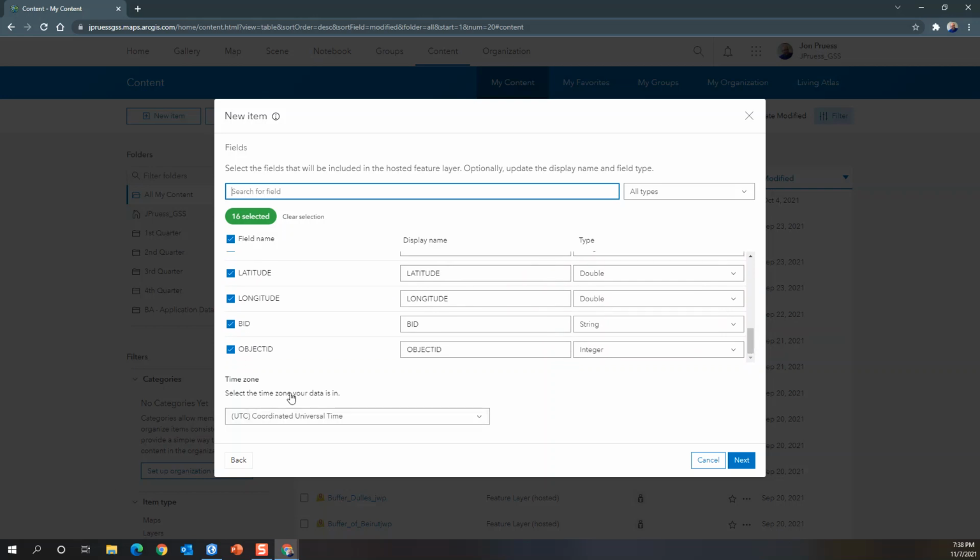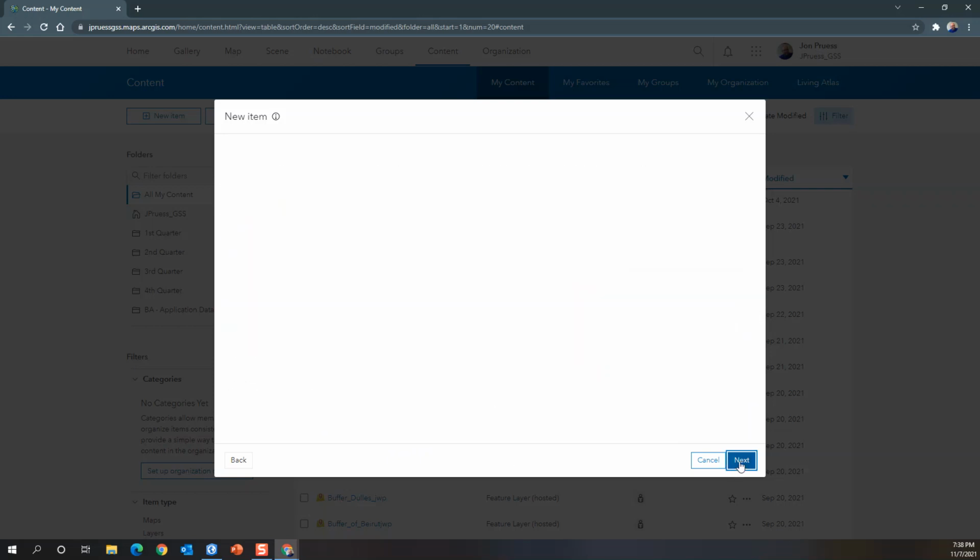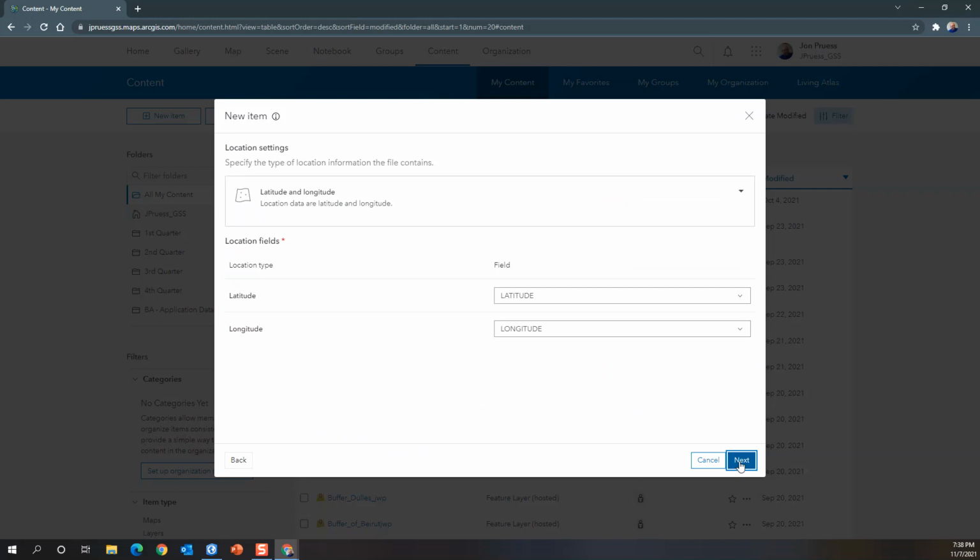Time zone, select the time zone you're in. We're in the UTC coordinate. Okay, we'll go ahead and use that. That's fine. Location settings, latitude and longitude. Okay, so the location fields, notice it defaulted to latitude and longitude. So that's interesting that ArcGIS Online defaults it to that instead of the XY data, but that's fine. And then next,